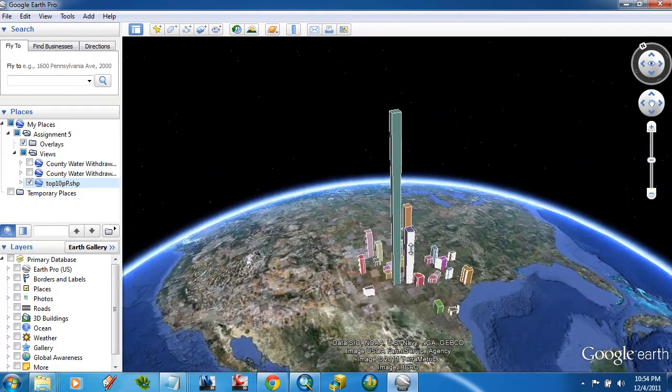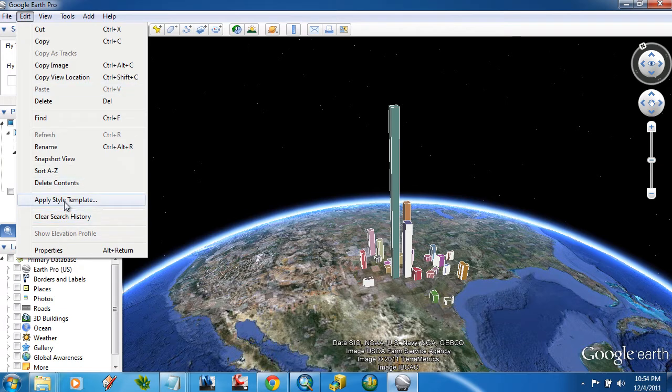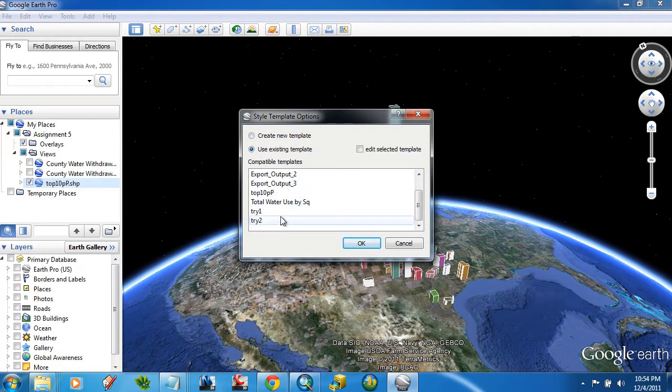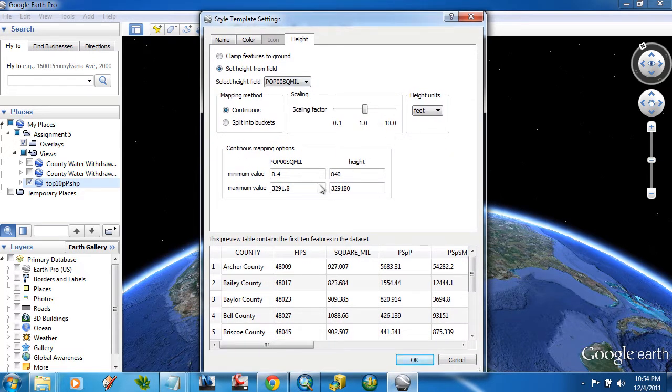Okay, so this one's getting a little bit out there, but I think we can make it just a hair bit smaller. I'll go ahead and edit that. Use existing, select the one we just created, which, strangely enough, I can't remember what was named. Maybe it was that one. All right, it looks like that was the correct one. Nope, it was not. But you know what, we'll just use this one. And we'll say, based off of that same value,